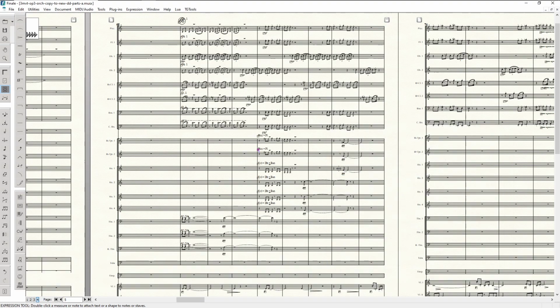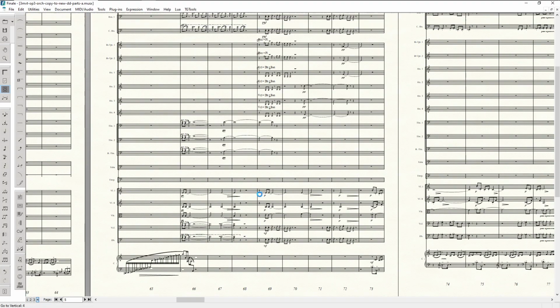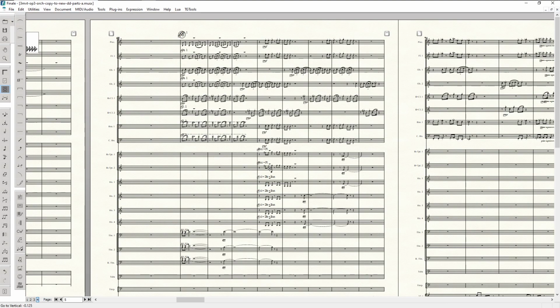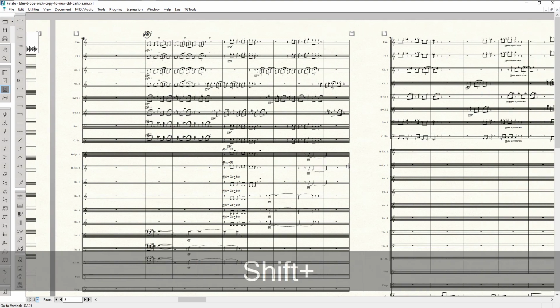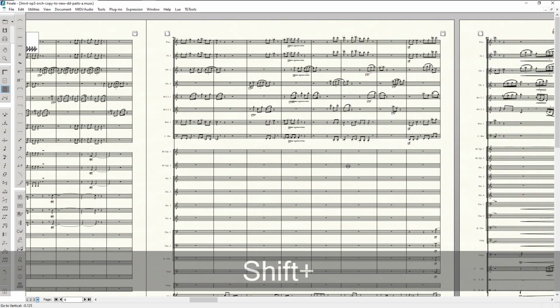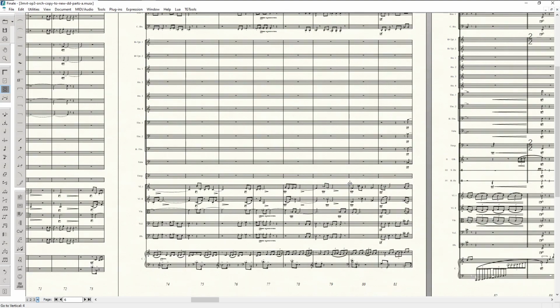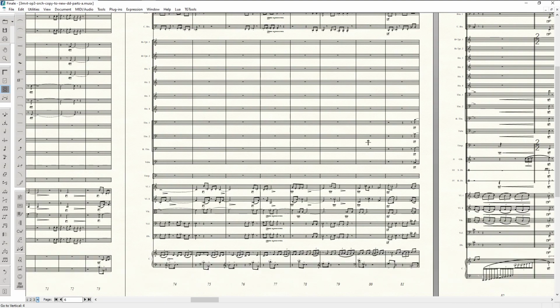Here it is. Alright, I think this spot looks okay. I would want to show them something here as well. These are all in the bass clef, so